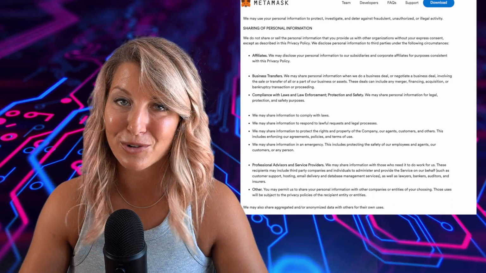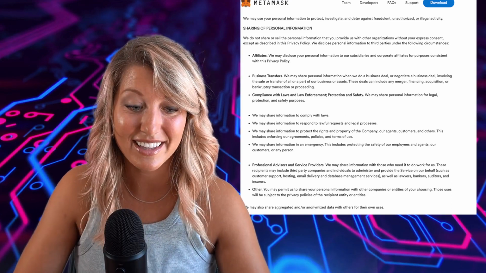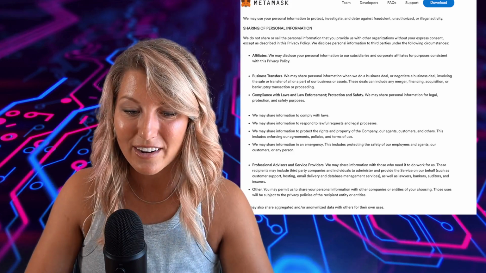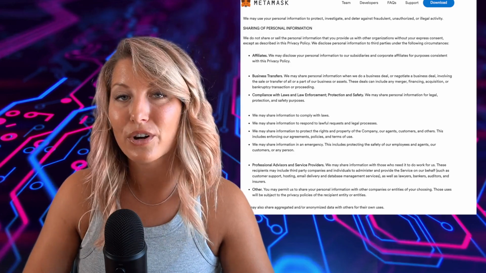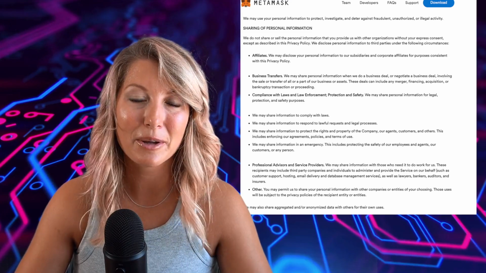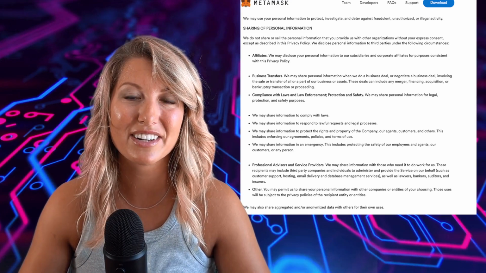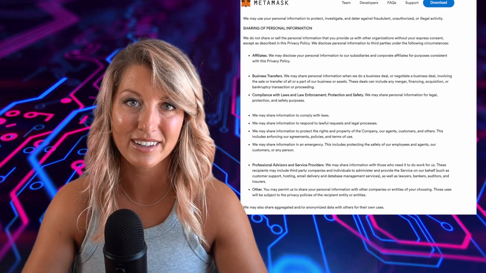And they've also, of course, followed up with this little sentence I snuck in there right at the end that says, we may also share aggregated and or anonymized data with others for their own uses. That right there is a very important piece of information, especially considering the fact that this is, again, a Google Chrome web browser extension. Google, that one company that is certainly not known for its willingness to protect your privacy or to respect it at all.